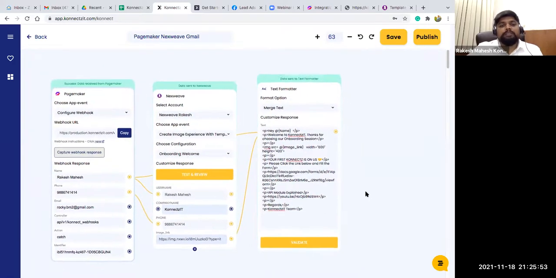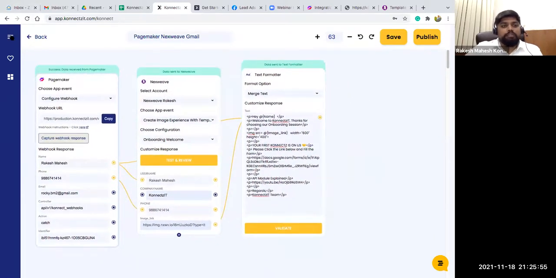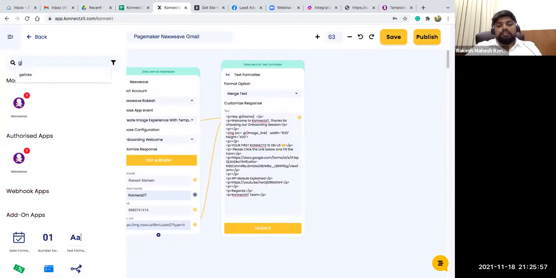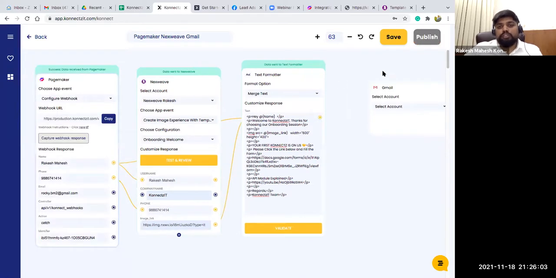And you can send the same message using Gmail. So I'm gonna just drag and drop the Gmail app. Make sure you authorize all these apps before you do it. I'm gonna choose my account and choose the trigger as send email.